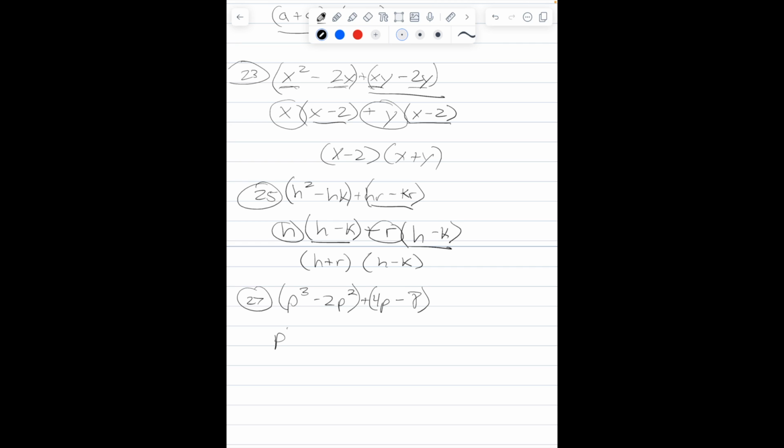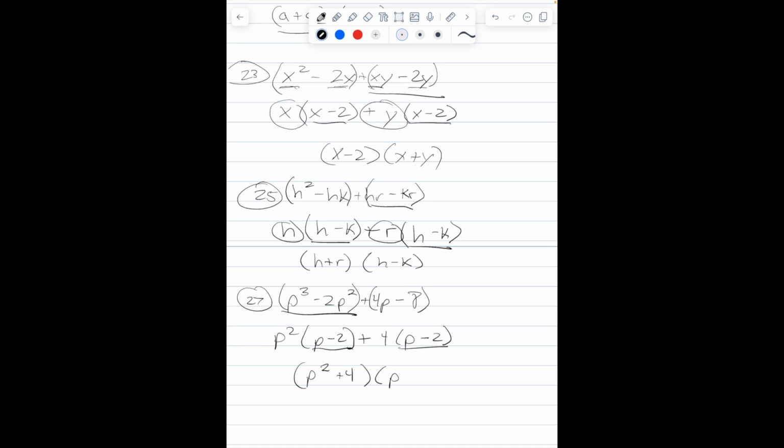If I divide this by p squared, I'm left with p minus 2. And then this 4p minus 8, I can see a factor of 4 is the greatest factor I can work with. So it's going to leave me with p minus 2. Very predictable, isn't it? We're left with p squared plus 4